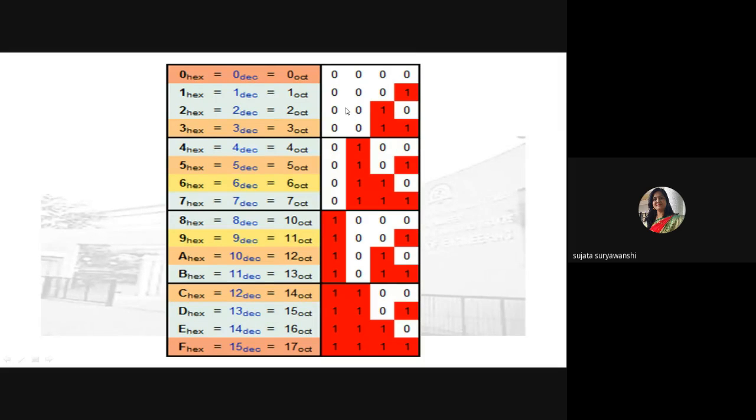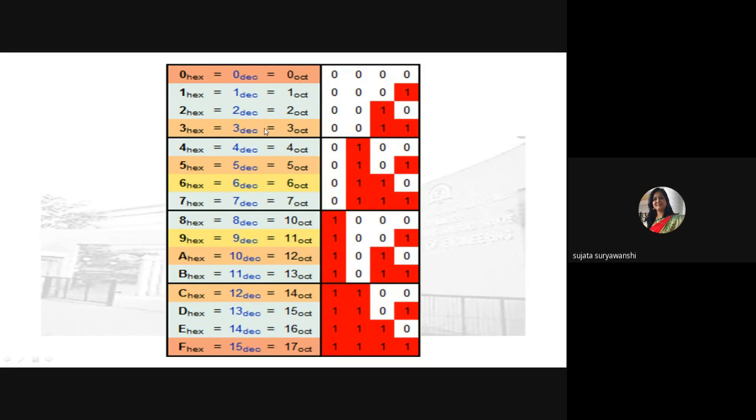So 1 is there. Which bit has weight 1? The last bit, that is the LSB bit, has weight 1. So simply write down 1 and all remaining bits should be 0. Now the next number is 2. 2 is the decimal number you have to represent in binary, and the weight of the second last bit is 2, that is 2 raised to 1 is equal to 2. So simply write down 1 for that place and the remaining places will be 0.